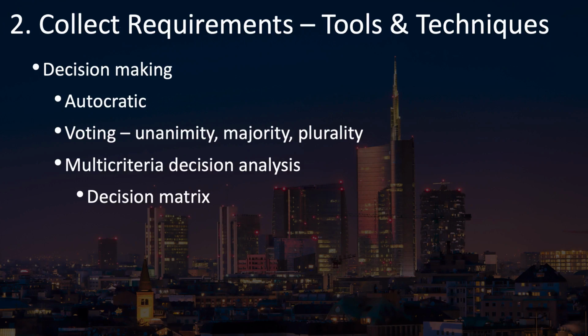the requirements. Will the rule be that they have to be unanimous? Or will it be by majority vote? Or a plurality? There are many different types of voting techniques. These are a couple of the most common. Majority, of course, simply means that most of the people vote for a certain thing. Plurality, meaning that whichever option gets the most votes, even if it's not at least half, is the option that